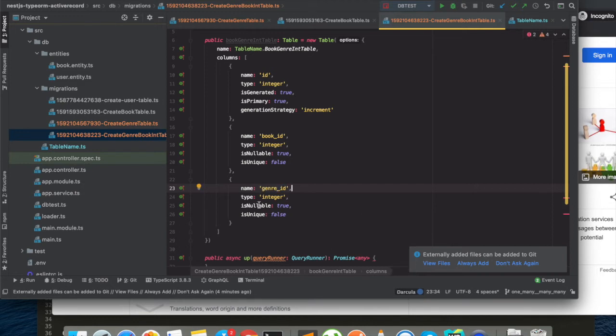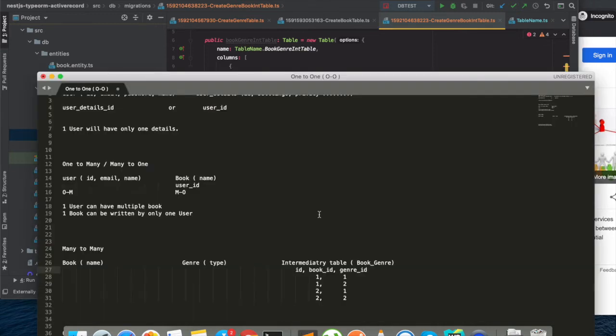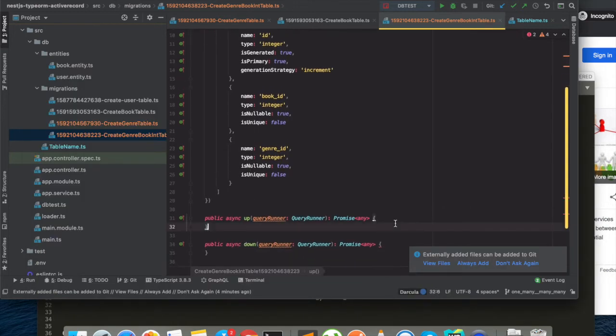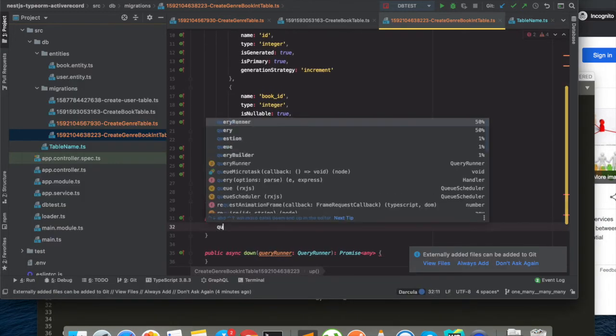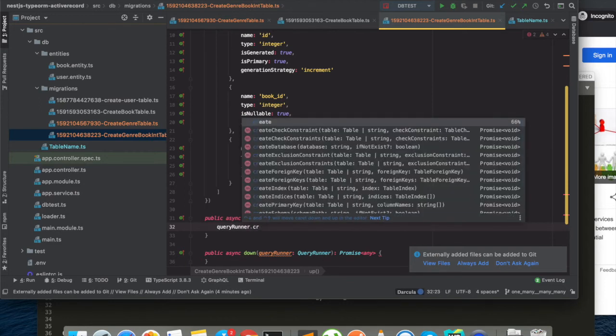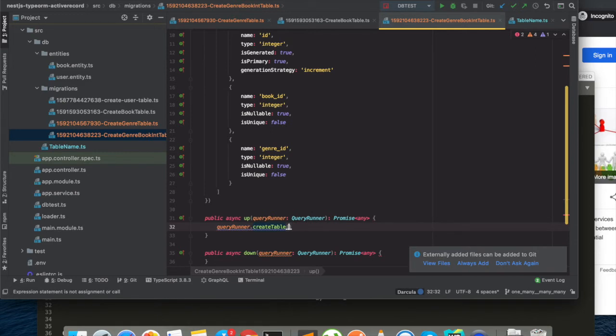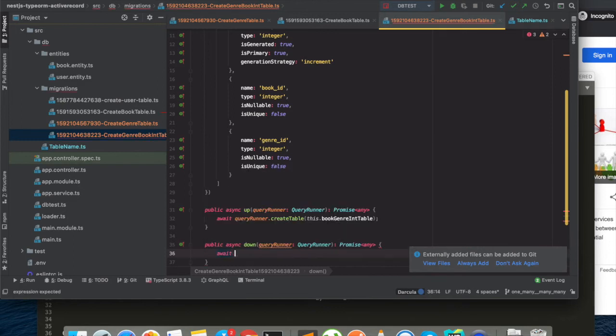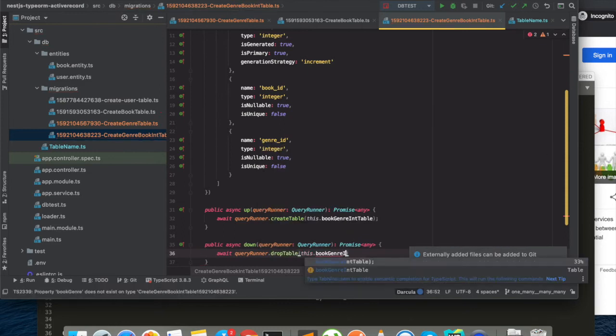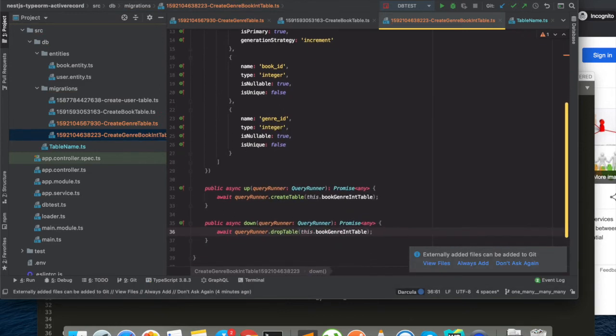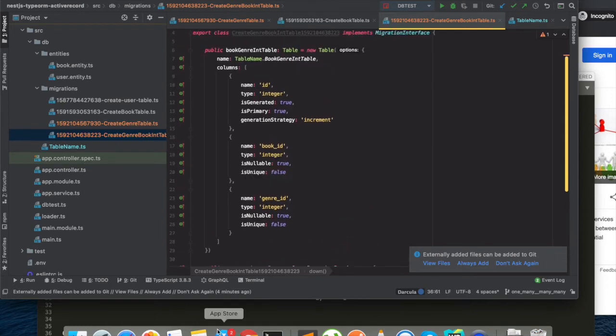For now we are just keeping it nullable true, and it won't be unique because obviously we can have duplicates here. We will just create this. So our migrations are ready, so we just need to run them.